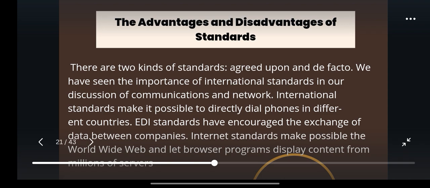So here are some advantages and disadvantages of standards. There are two kinds of standards, agreed upon and de facto. We have seen the importance of international standards in our discussion of communications and networks. International standards make it possible to directly dial phones in different countries. EDI standards have encouraged the exchange of data between companies. Internet standards make possible the World Wide Web and let browser programs display content for millions of